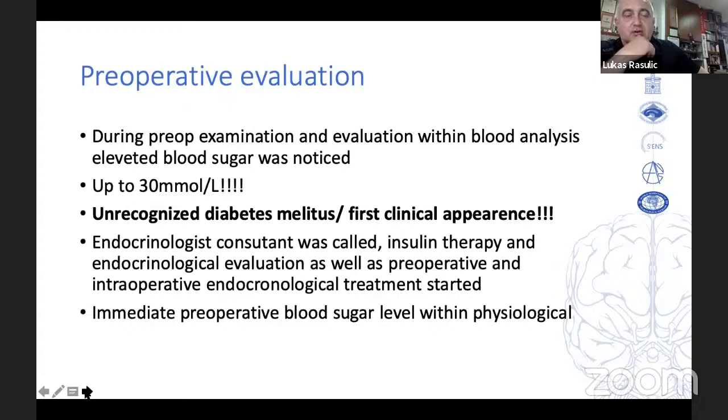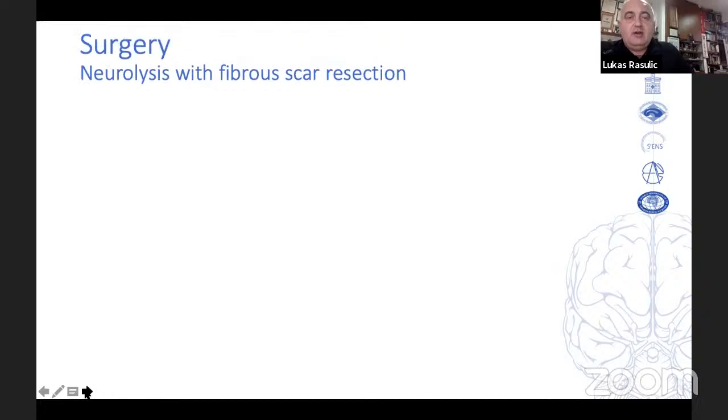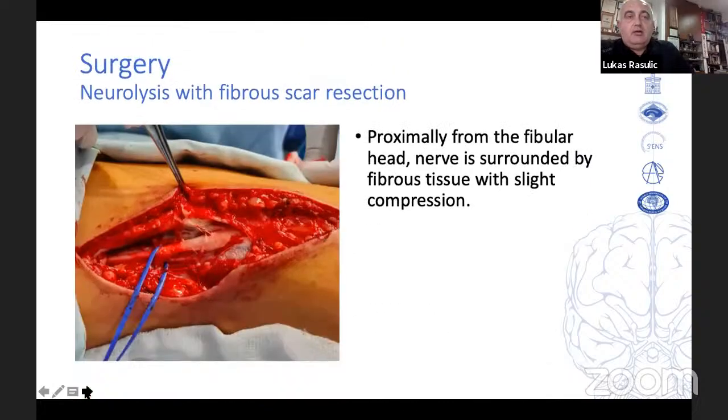So we consulted the endocrinologist and introduced insulin therapy, and endocrinological evaluation, as well as preoperative and intraoperative endocrinological treatment, started immediately. The immediate preoperative blood sugar level was within physiological, let's say, range, since before the surgery we decreased the blood sugar level. And then neurolysis with fibrous resection proximally from the fibula, slight compression,